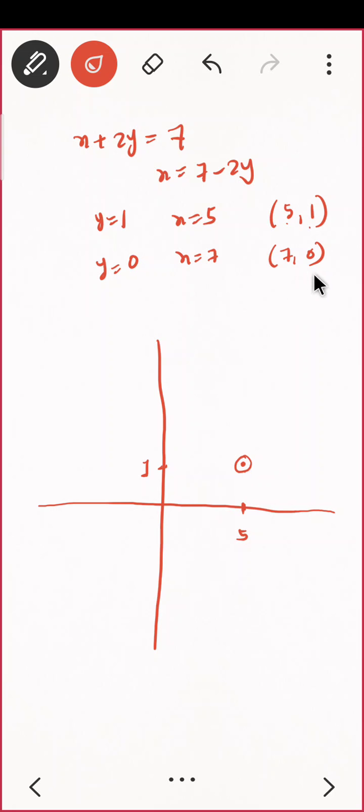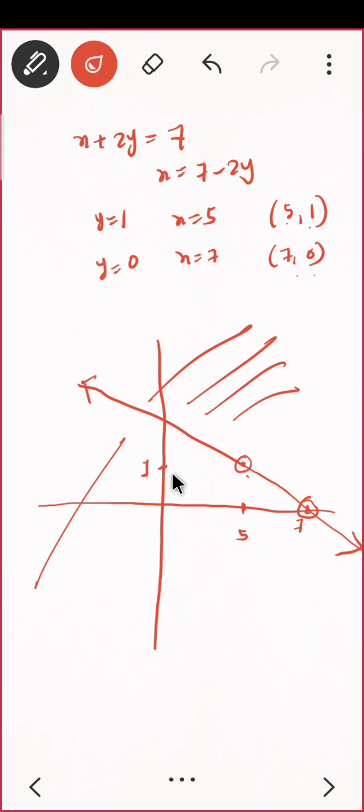What is my second point? 7 comma 0. On the x-axis it is 7, on the y-axis it is 0. So this will be somewhere here, something like this. This is 7. Yes, this will be my second point. So now you just have to join these 2 points, and you will have your straight line. This is your equation of a straight line. Correct? Is that clear, everyone, how to draw the straight line? Now observe something. This straight line divides your whole plane in two parts. One part is this side and one part is this side. Do you see that?